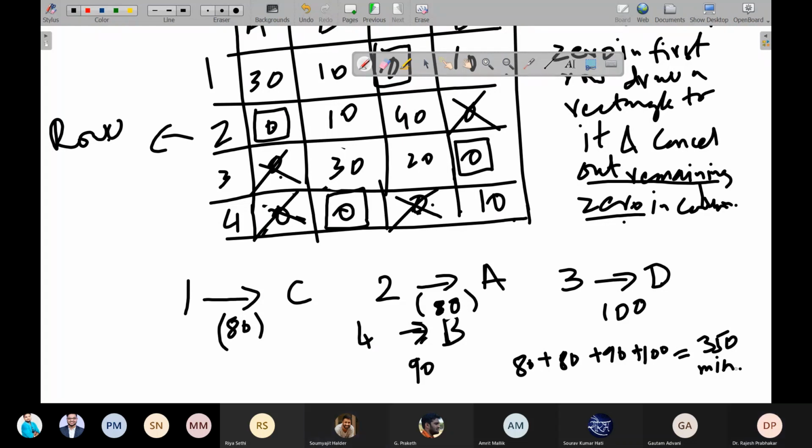Yes, sir. Got it? So can we also try and shift, like 2 to D and 3 to A, because that is something we chose on our own, right?